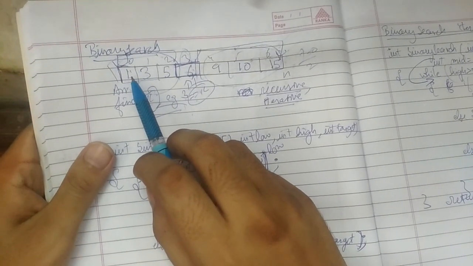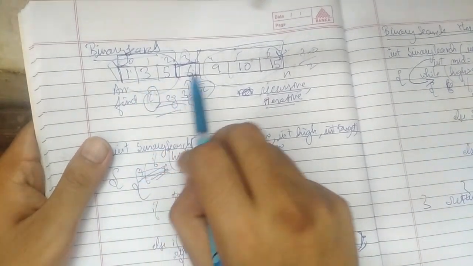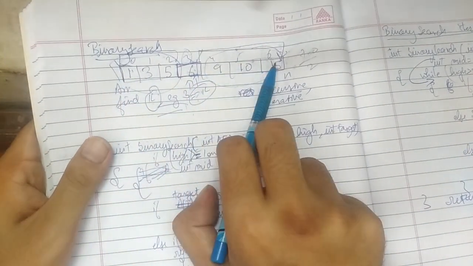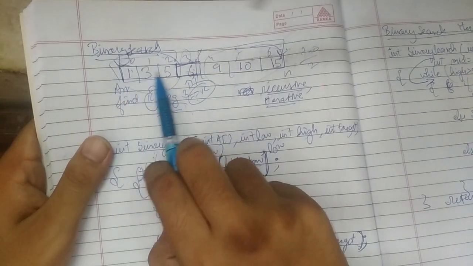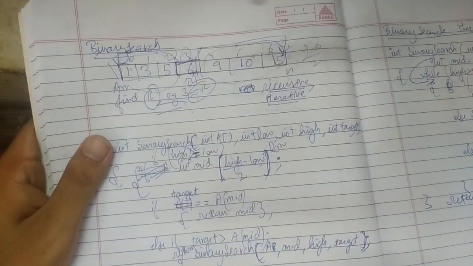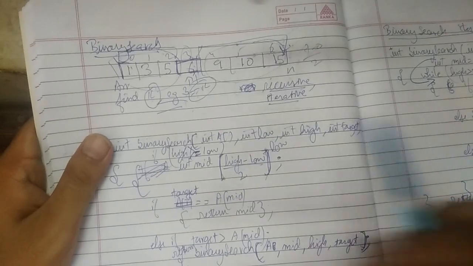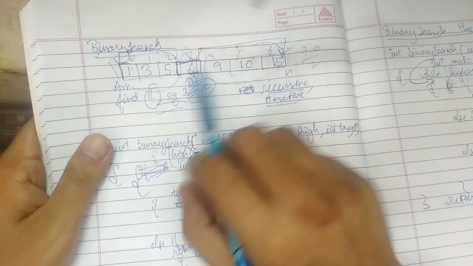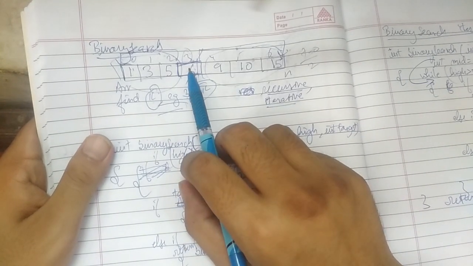One of the prerequisites of using a binary search is that the array should be in sorted order. If the array is in sorted order, then only we can use binary search. In fact, if an array is in sorted order and we have to search an element, then one of the things that you should think of is whether binary search can be applied in that question or not. Many times, if the array is sorted and we have to search for something, then binary search can be applied.